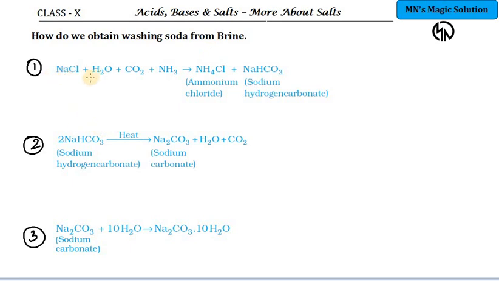This equation is for the preparation of baking soda, and this one is the usage of baking soda. From both of these, you are again getting Na2CO3. When it gets combined with 10H2O molecules, it becomes Na2CO3.10H2O, which is washing soda. This is a repeatedly asked 3 or even 5 mark question when it comes to acids, bases and salts. So students, prepare well for this last part of acids, bases and salts, because many questions in the board examination are based on this last part of the unit.